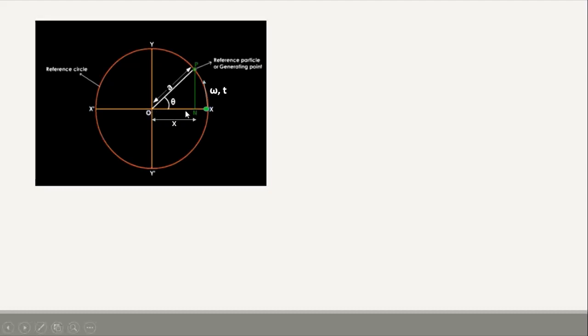So the total displacement of this projection N from the center of the circle O is small x. Don't confuse here: X dash is a line. I am indicating X dash in capital letter, whereas this small x is the displacement. N is a projection of the particle P, so it is having a displacement x on X dash. So when this particle is moving from X to P with a constant angular speed omega,